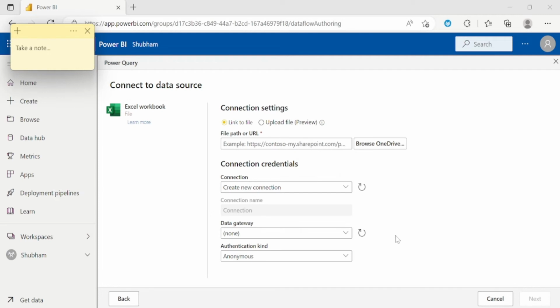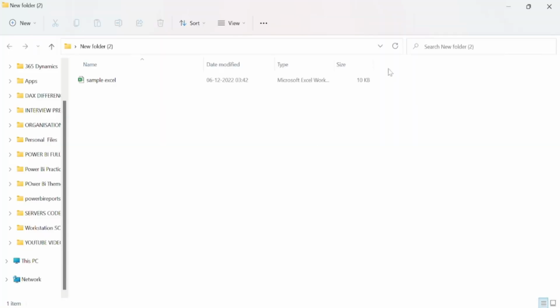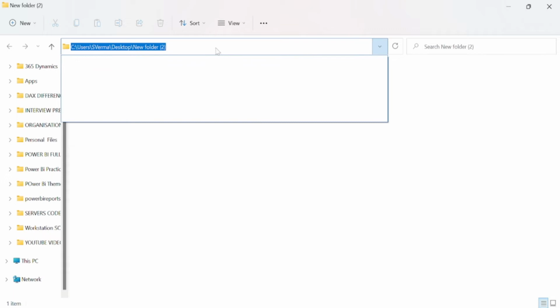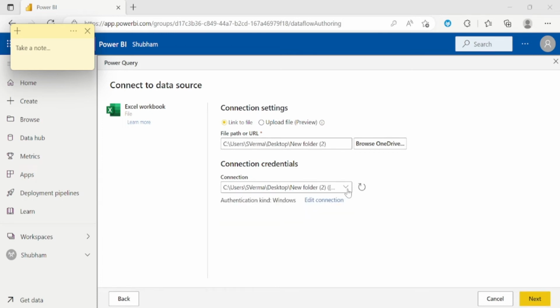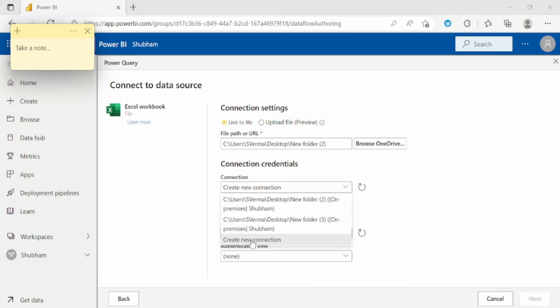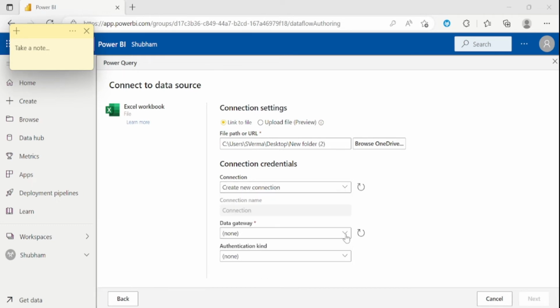and here it's asking for the path of the folder where your data is stored. So let me show you the folder. So here is the folder, and we need to copy the path from here. So let me press Control C and Control V in Power BI services. Now we need to set up the connection. So just click on this drop down. Let me click on Create new connection, and now you can see it is asking for the data